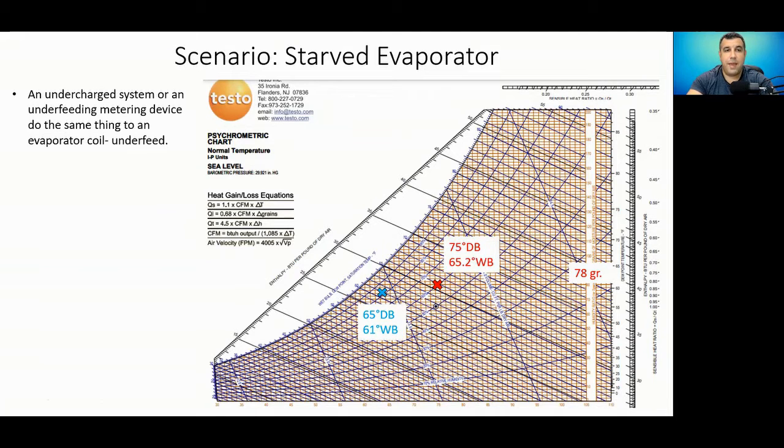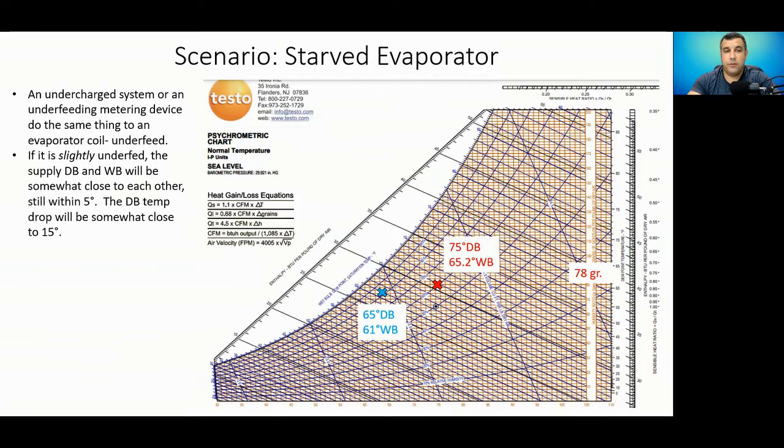It's a starved evaporator coil. This can be caused by an undercharged system or an underfeeding metering device. Maybe you have a liquid line restriction, anything that's going to starve the evaporator coil of liquid refrigerant. It's going to underfeed that coil. And we're going to see a scenario like what we're seeing here on this chart. If it's slightly underfed, the dry bulb and the wet bulb will be somewhat close to each other,